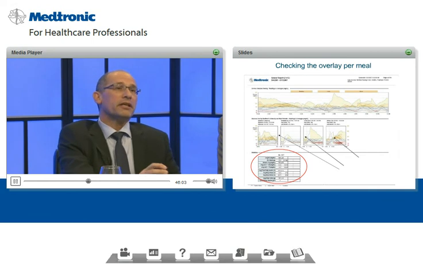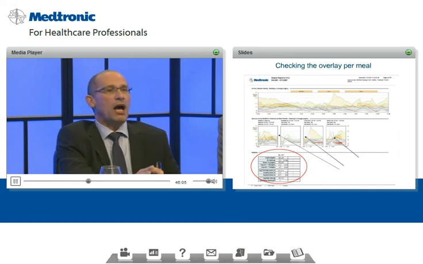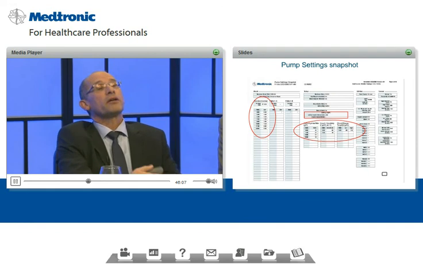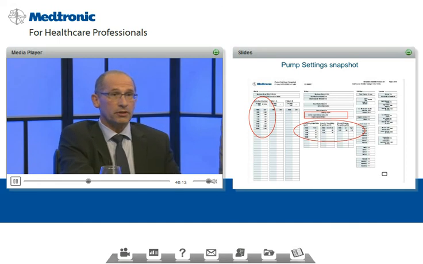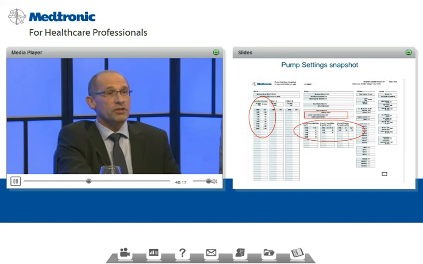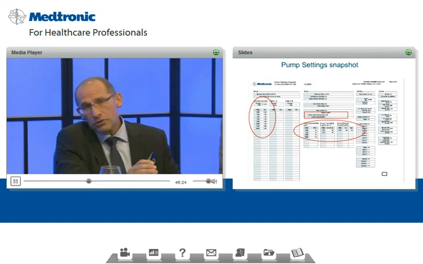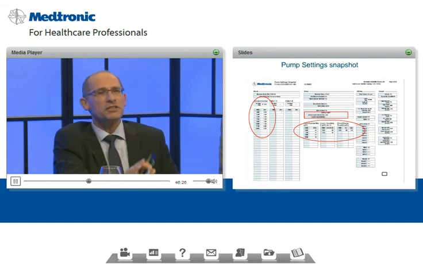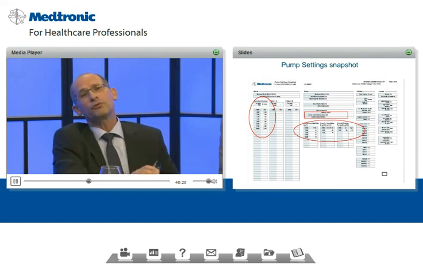The pump setting is a way to look at how the patient is actually programming his pump. Is the program according to what you believe that the patient should be using? On the left is the basal, in the middle the bolus settings, and on the right side is the sensor alarm setting, which you usually kind of neglect,